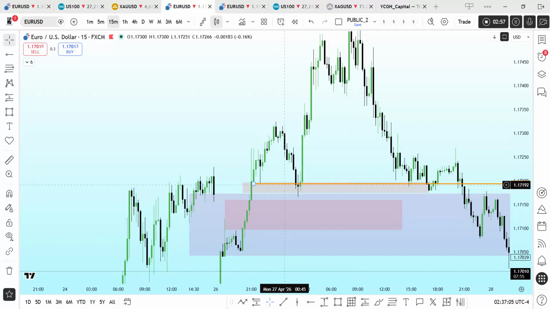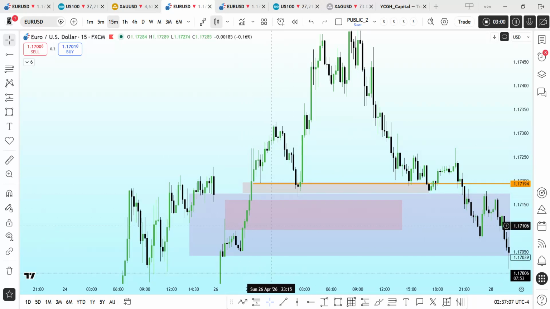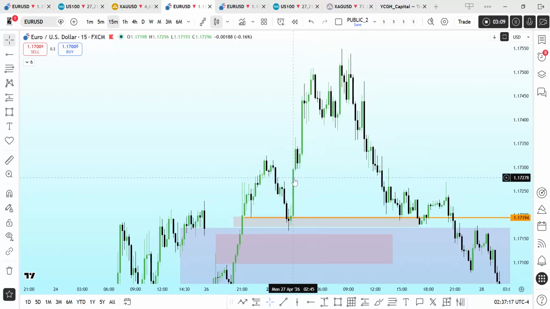So I was not really interested in this gap. I could become interested here if price came and wanted to dig deeper, then price would have gone here and then came back, then it would have come here. Okay, so now